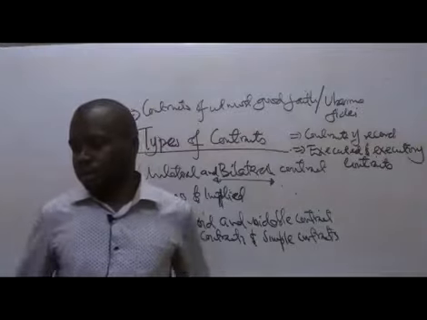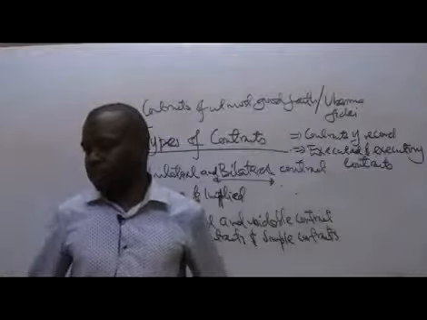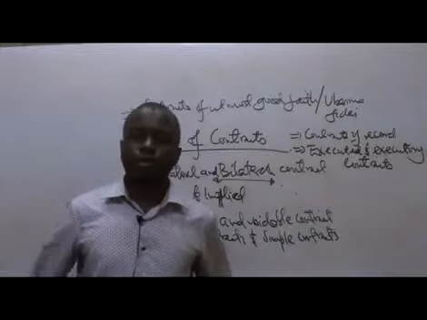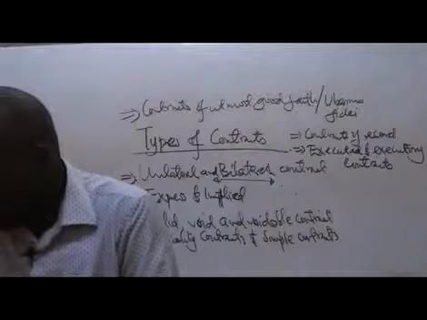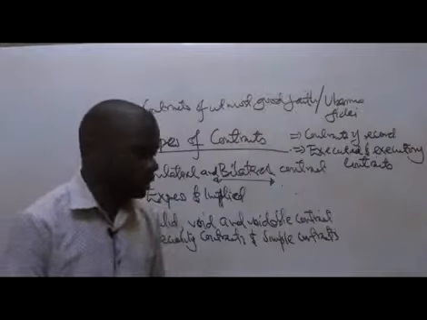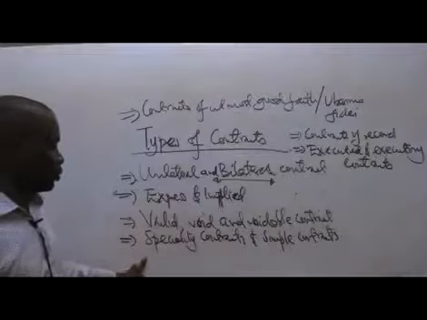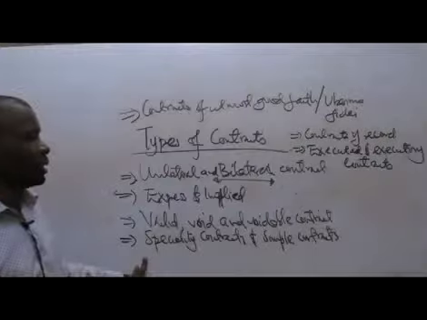Simple contracts are agreements, whether express or implied, which give rise to a legal relationship. A simple agreement may be in writing, or sometimes it can just be made orally. But most of the specialty contracts are usually in written form. And of course, there must be what we call a common seal. So they must be sealed or stamped.